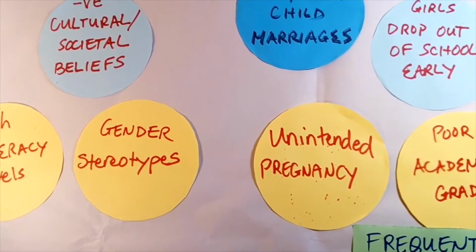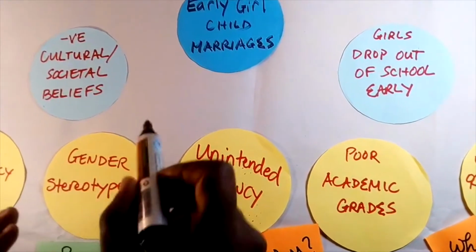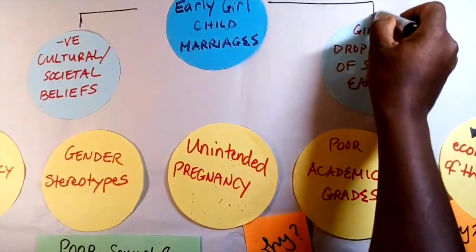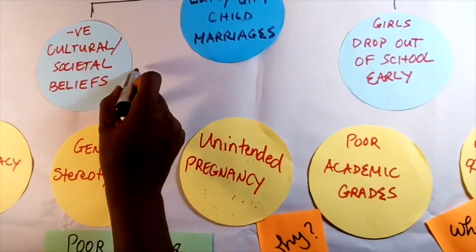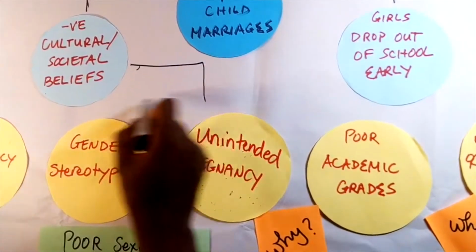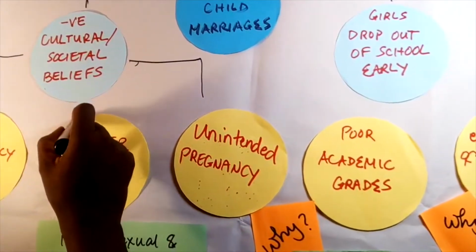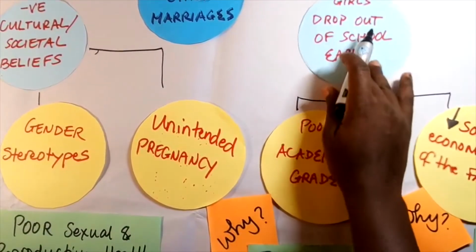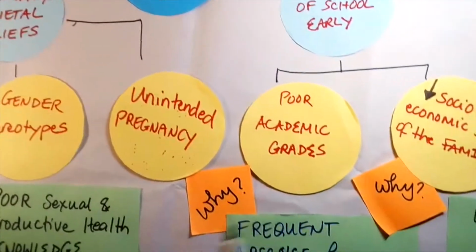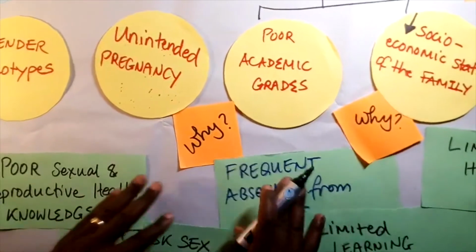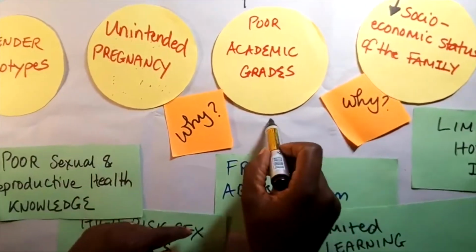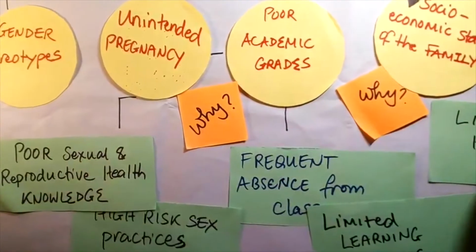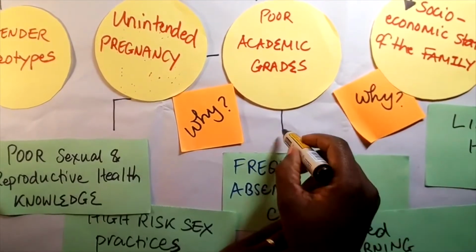Now, I would want to, so we now have what I think is a tree. This is our problem tree. Starts from there, that has a branch. And then from here you have something like this. It's another level of branches, and then from this side you have that branch coming down from there. Okay, it gets those roots. Then when you get here, actually, then you have but why? Because of this. Okay, but why? Because of this. But why? And the tree goes on and on. So it's a huge tree.